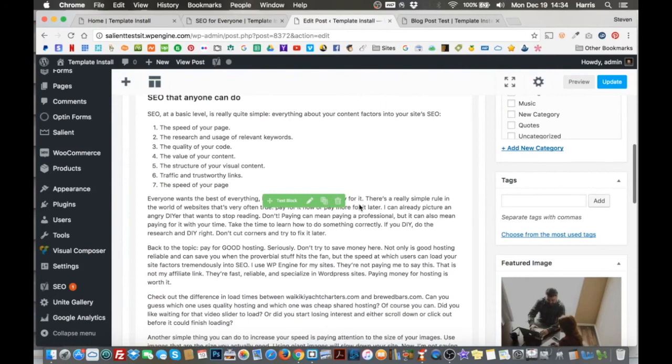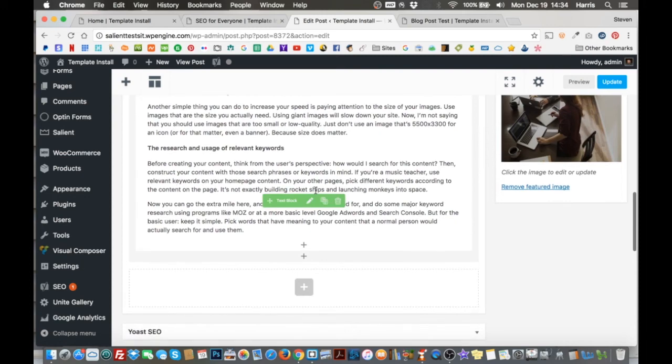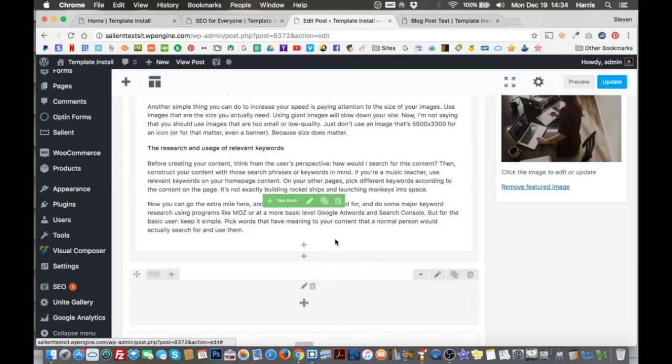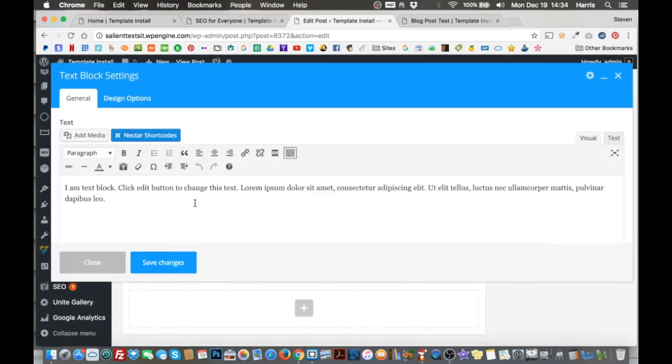in order to add a signature or a call to action at the bottom of a post. So if we scroll down below the section that we just created and I click this plus button, I can add another row, and again I just really like to add the row within a row. Now if I click a text block here, I can go ahead and just create something, and I'll just start with something simple. I'll just go ahead and put my name